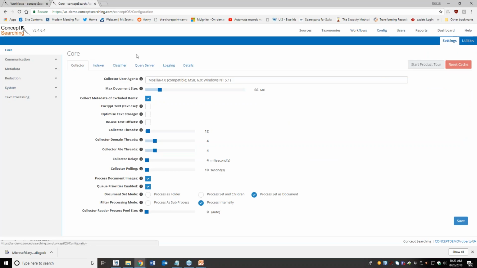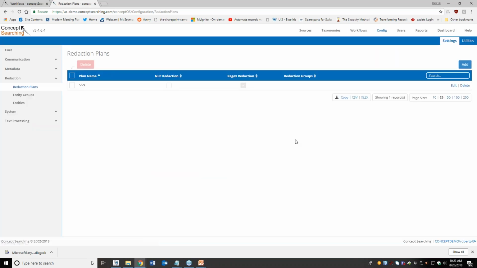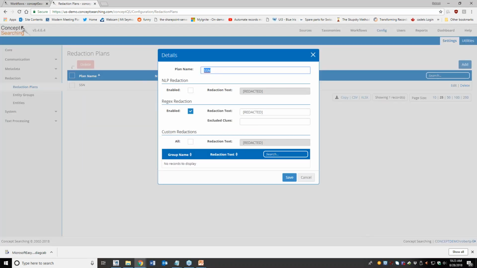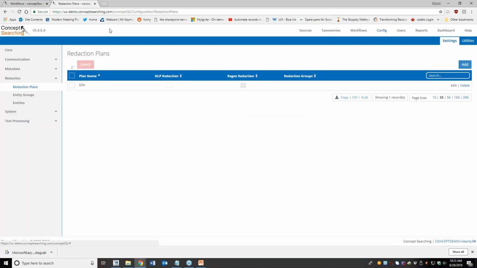So in the configuration section, I have a redaction area, and I can create redaction plans where I can go in and actually do some redaction. So I've got one here already. I'll just show you. It's for redacting social security numbers. I can redact based on natural language processing or regex, and in this case, I'm redacting based on the regex matching. And I'm going to put redacted in the text here when it actually does the redaction. I could just use, say, for example, some stars if I want, and it would replace that with that instead. So once I've got my redaction plan to tell it what it's going to do, I go back to my